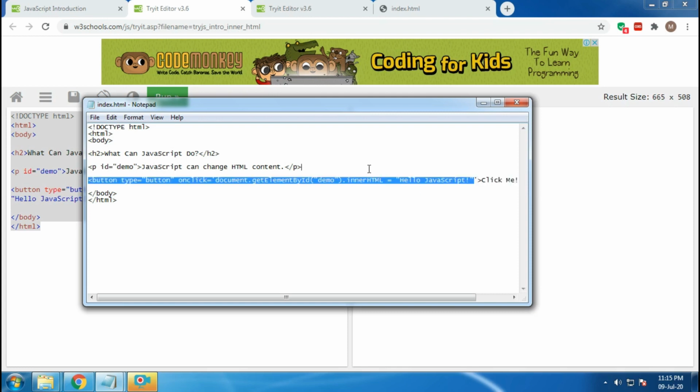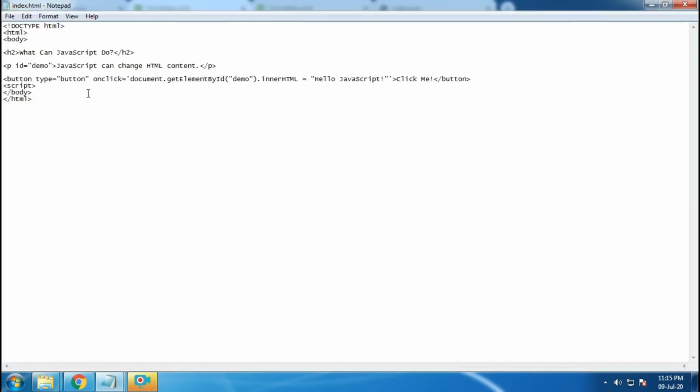Let me do one thing that we can do. To include JavaScript in your code, you can go inside body and write this tag, which is the script tag. Let me zoom in a little bit. Then close the script tag.